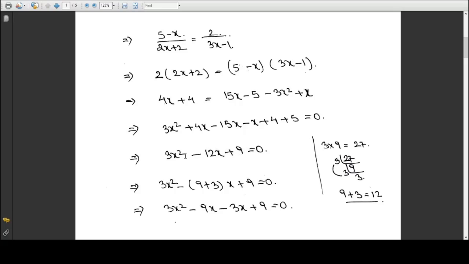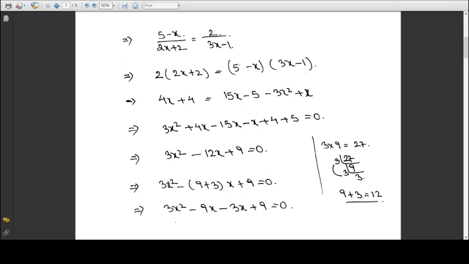Now to solve this one, we'll do it by the factorization method. You have to multiply the coefficient of x square and the constant. 3 multiply 9 is 27, and the factors of 27 are 3 times 9 is 27, 3 times 3 is 9. That means you have 3, 3, 3 as the factors of 27. Now out of this you make a group in such a way that if you add you will get 12. How will you get 12? If you group 3 with 3, this is 9. 9 plus 3 gives us 12. Therefore instead of 12x you will write 9x plus 3x.